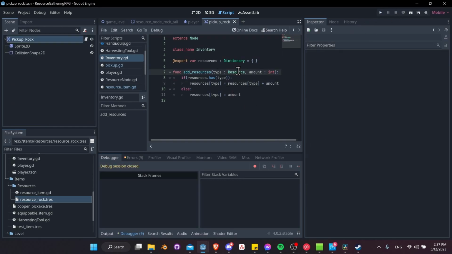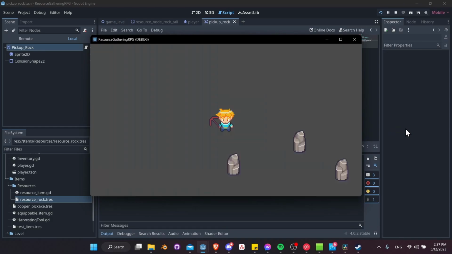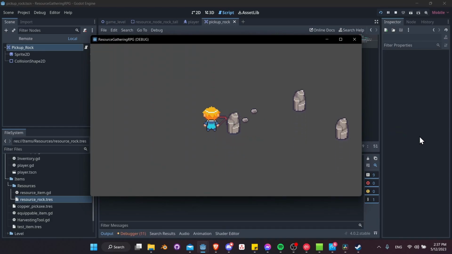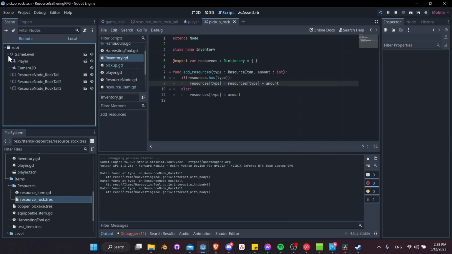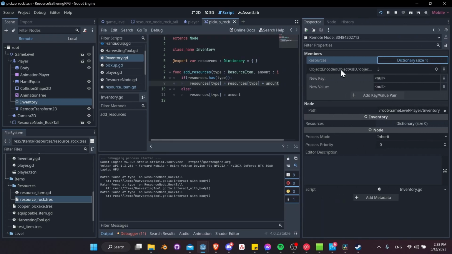Let's close the game there for a second. For the type, I'm going to actually rename this to be resource item. And let's add resources. Yeah, add resources. Yeah, okay, sure, that's fine still. I wonder if this changes anything. So let's go gather a couple resources and see how that shows now. Okay, so we got our resources, remote, game level, player, inventory. Let's look at the dictionary, and it's still showing up